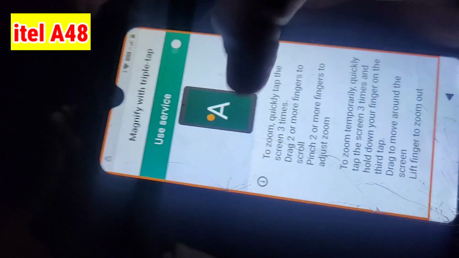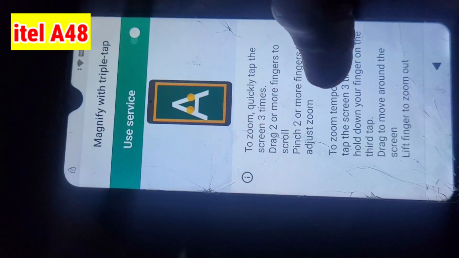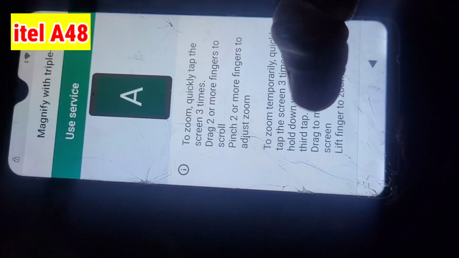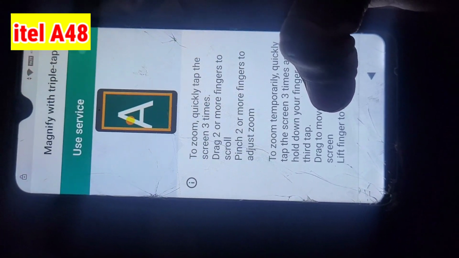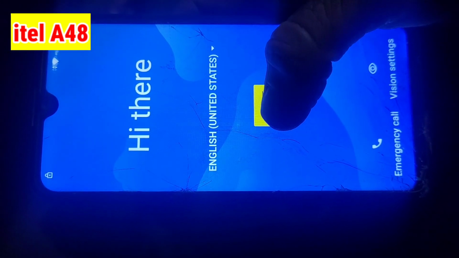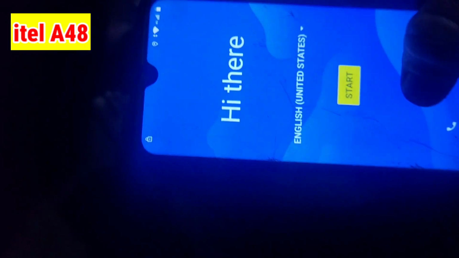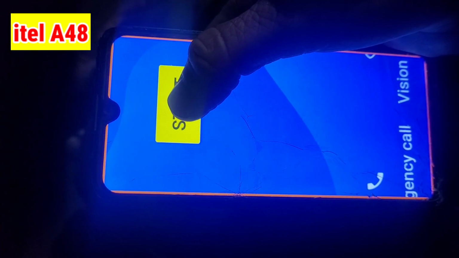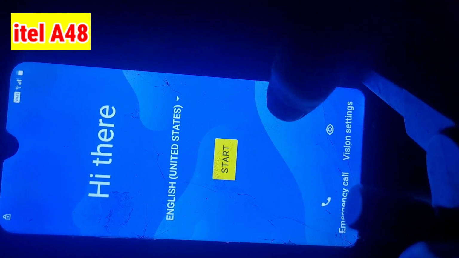The screen zooms in and zooms out, and you can go back from the navigation button. Click here 3 times on next.